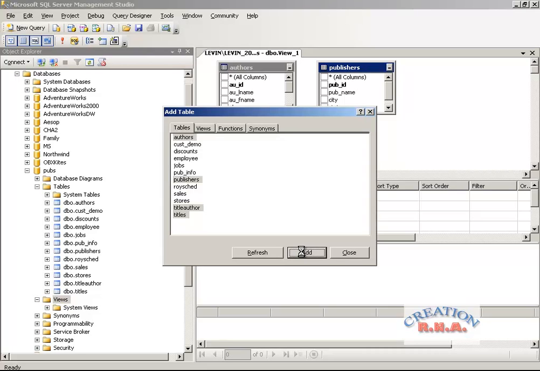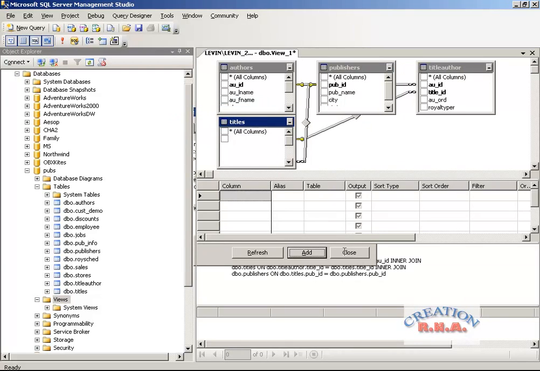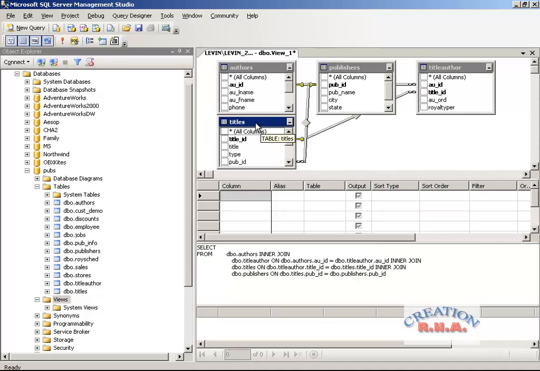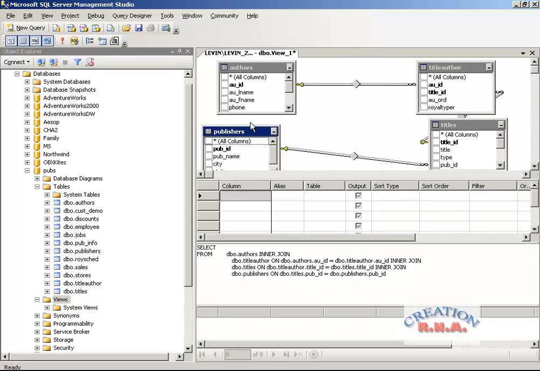Now the tables have shown up. Let's arrange them a little bit so that we can see the correct way all the data is presented in the tables. Wherever there is a key, that side is the primary key. Wherever there is a chain, that side the table has a foreign key of that table. As simple as that, no complications. Now I have not selected any field, so it has generated a SQL statement without any fields.